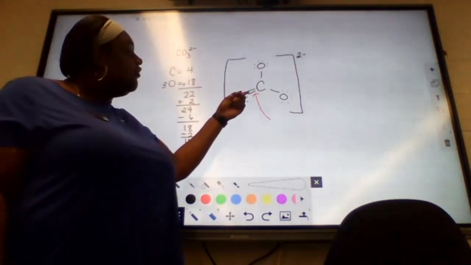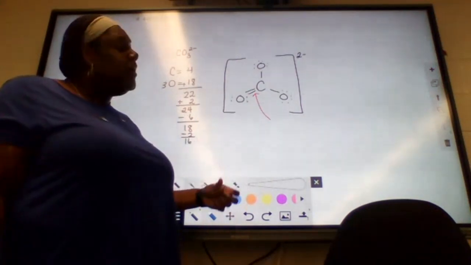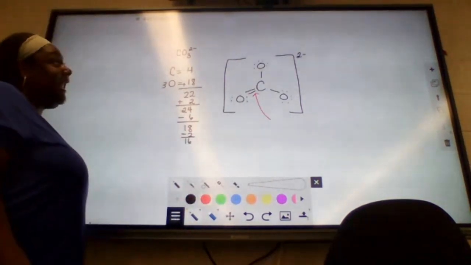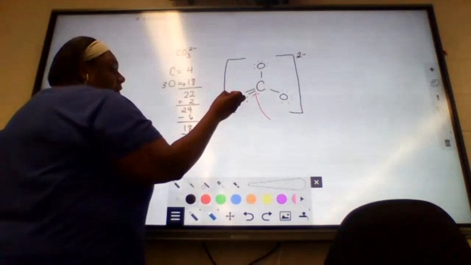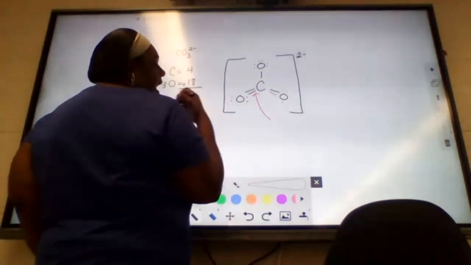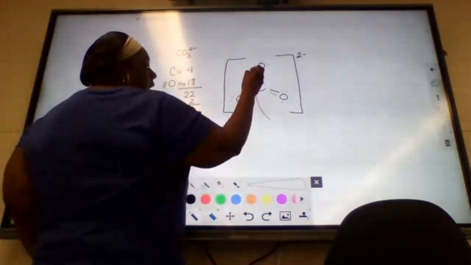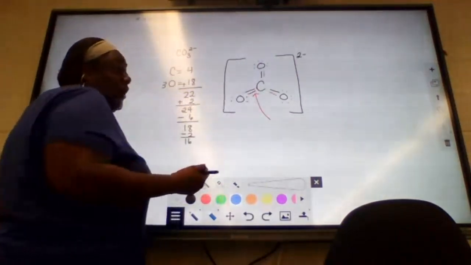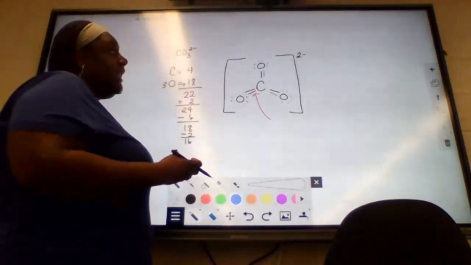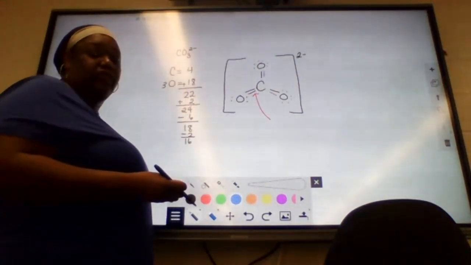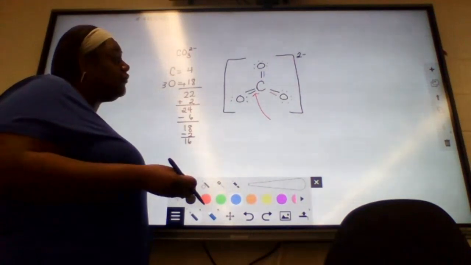Double bonds in this case are going to be stronger bonds that are short. And so if I were to put that double bond, let's say on that oxygen or on that oxygen, would it make a difference? And the answer is, when you're looking at the Lewis structure, yeah, it's a different Lewis